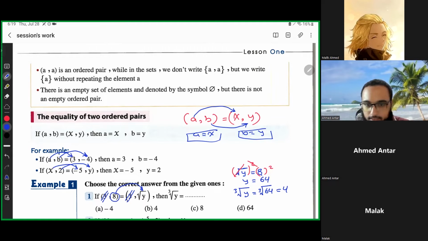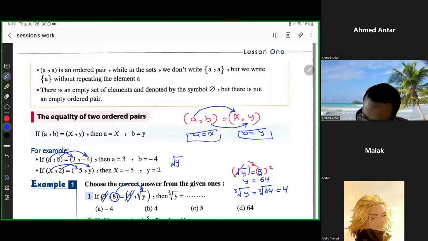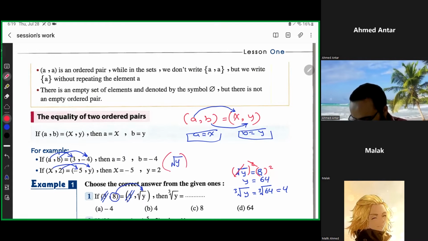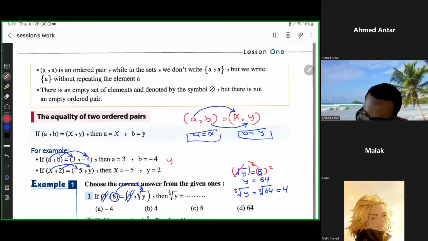مالك؟ ليه طلعت 64 وما طلعتش 2؟ ما طلعتش 2 علشان احنا ما عملناش سكوير روت، احنا عملنا باور اوف 2. لما يكون عندنا سكوير روت اوف واي وعايزين نلغي السكوير روت، مش هناخد سكوير روت تاني، احنا هنعمل باور اوف 2. اللي انت بتقولي عليه لو كانت واي باور اوف 3 ايكوال 8 مثلا، عشان تاخدي كيوبيك روت فتبقى واي 2. صح؟